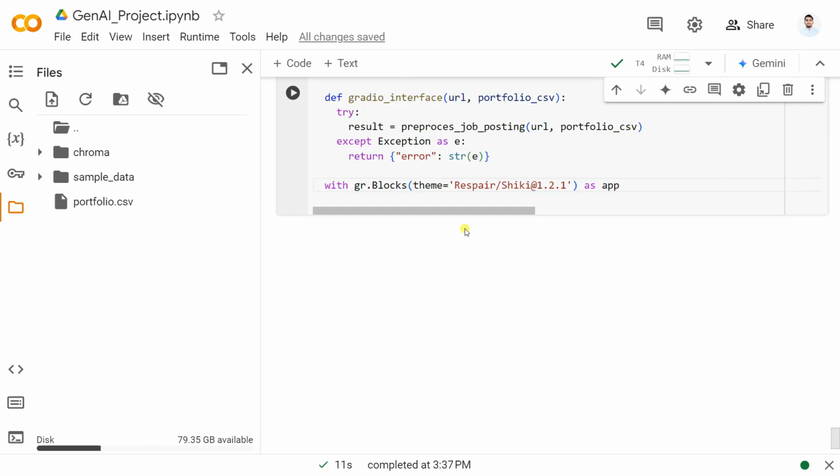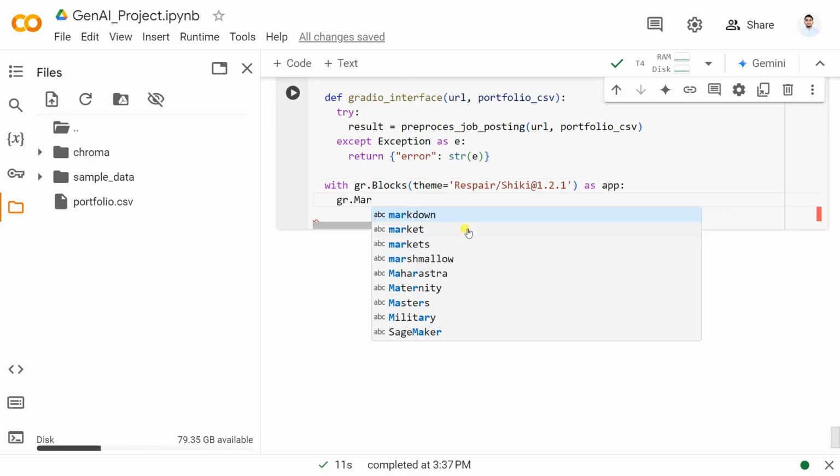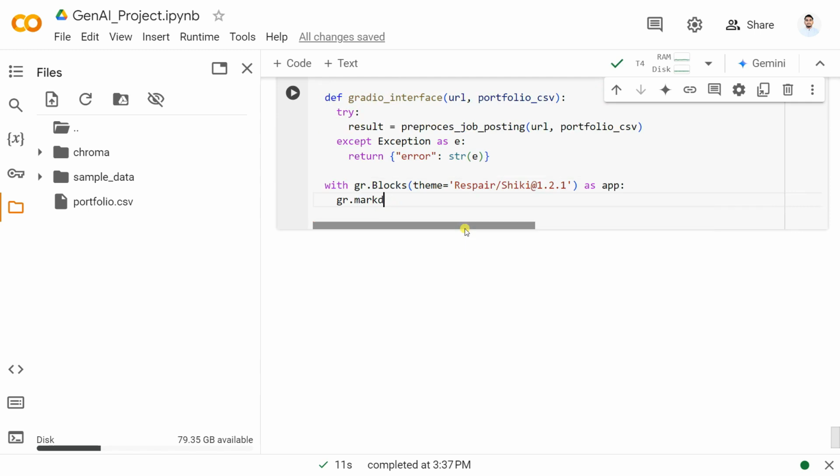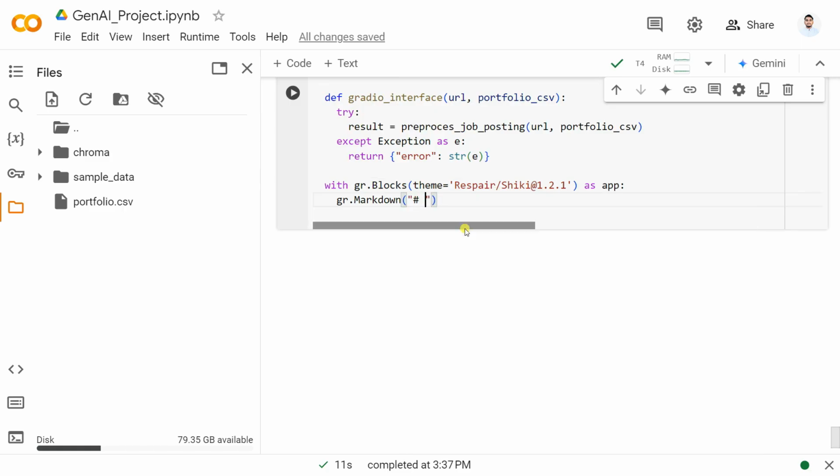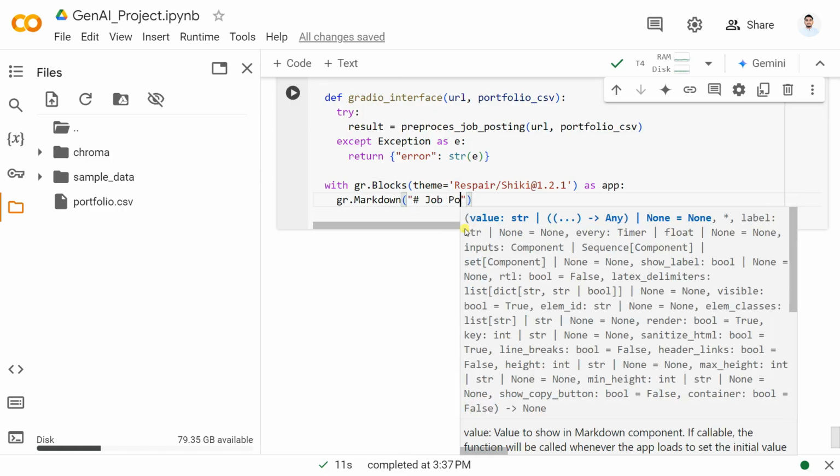Let's say as app. And then after that, we're simply going to create one markdown, gr.Markdown. Okay, it should be capital, right? Markdown, M should be capital. And inside that, you can give it one name. That's a job posting